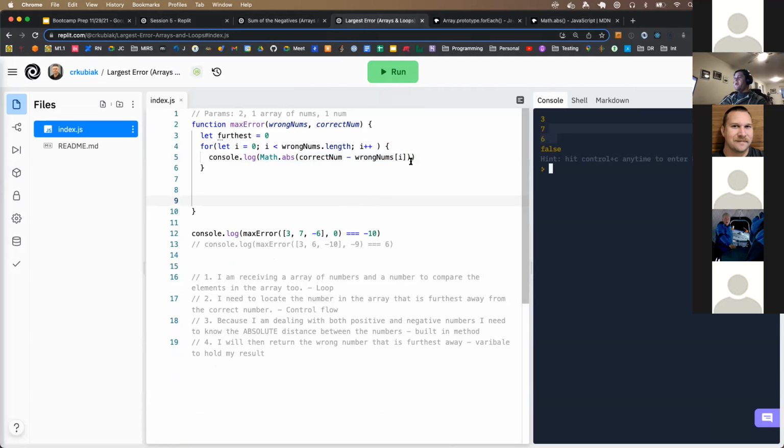Now, what am I comparing this against? You're comparing it against the second parameter, correct? No, we've already got correct num in here. So now I'm comparing it against my current furthest number, right? Which I just defaulted to 0. Yeah, because the only time I'd ever get 0 is if I did 0 and, or like the same number,